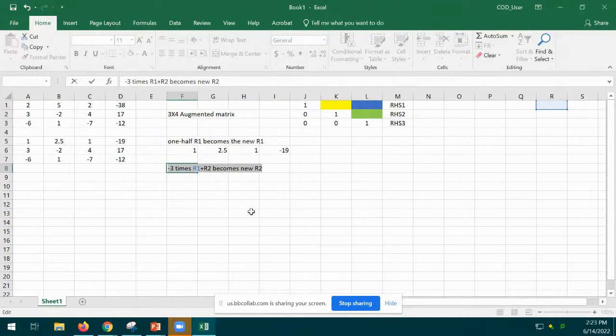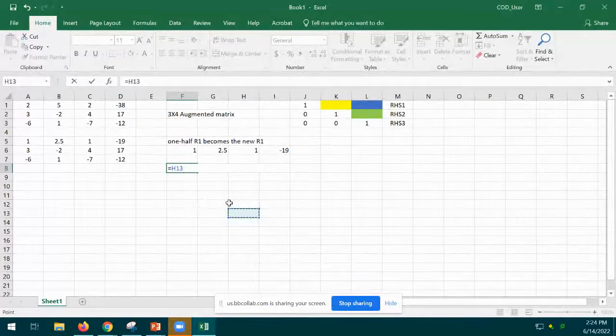I don't want help. I'll just do it. Okay, and that was supposed to be just text. So I will say -3